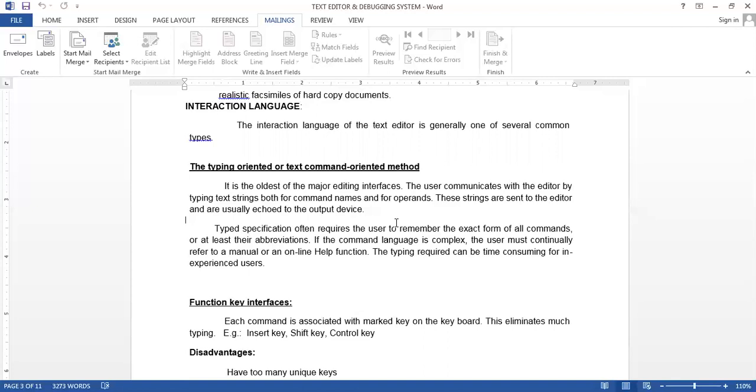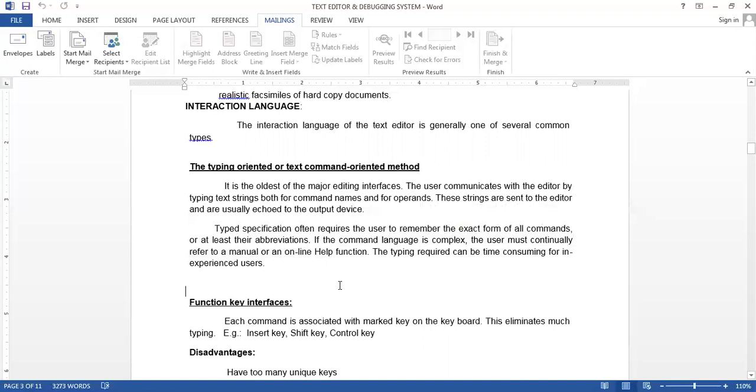We type the command move, so that a file is moved from one place to another. So for this kind of command-based editing, users should remember all the commands before working with this editor. If the command language is complex, a user must continually refer to the manual or online help.